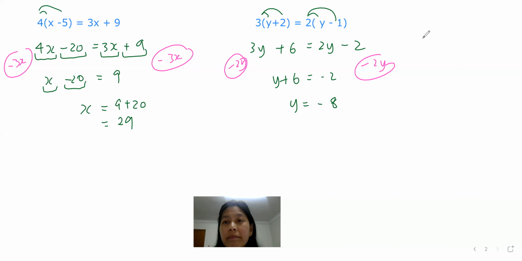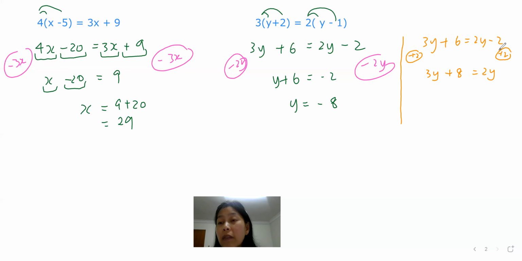Okay. So let me demonstrate if a student does a slightly different way. So 3y plus 6 equal to 2y minus 2. Maybe some students say, I would like to collect the number first. Say he doesn't know which is better. So say, okay, how about I do plus 2? Plus 2 here. Plus 2 here, okay, plus 2. So you must write 3y plus 8, plus 6, plus 2, plus 8, equal to 2y. But it's the same operation that if you haven't done anything on the other terms, leave it, copy it down,